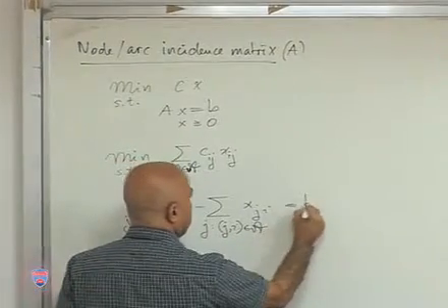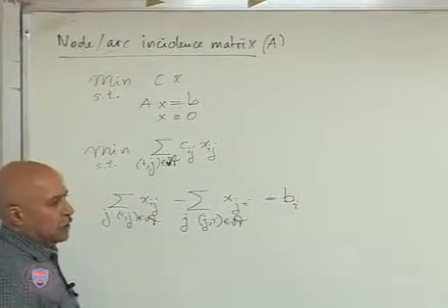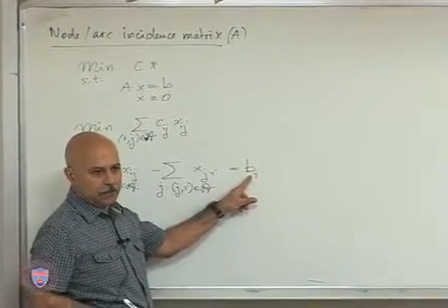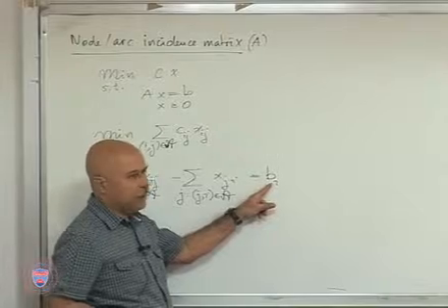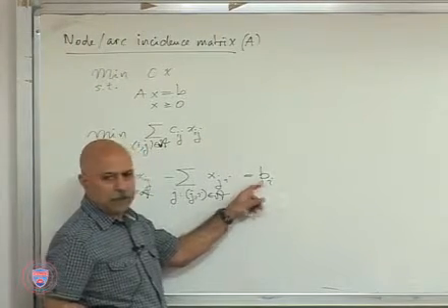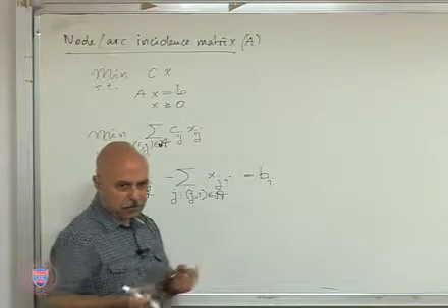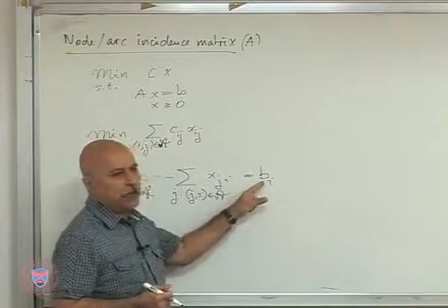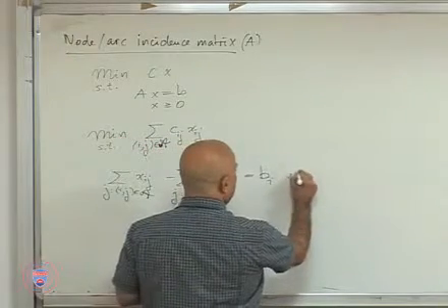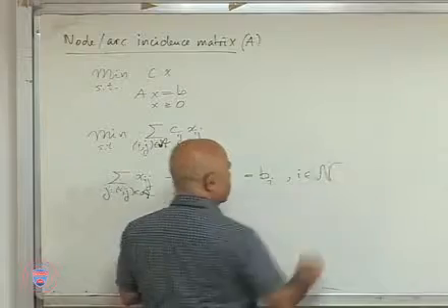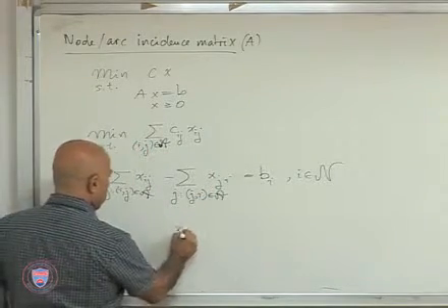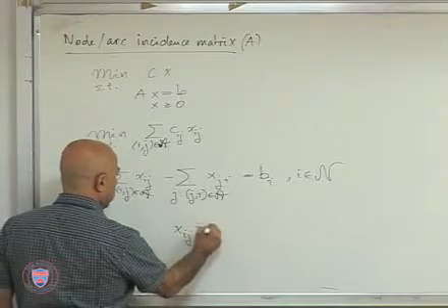equals the right-hand side value, bi, which, if positive, means node i is a supply node or a source. If bi is a negative number, then node i is a sink or a demand node. And if bi is 0, it's a transshipment node. Okay? This is written for each i in the node set, script N. And xij's are non-negative numbers